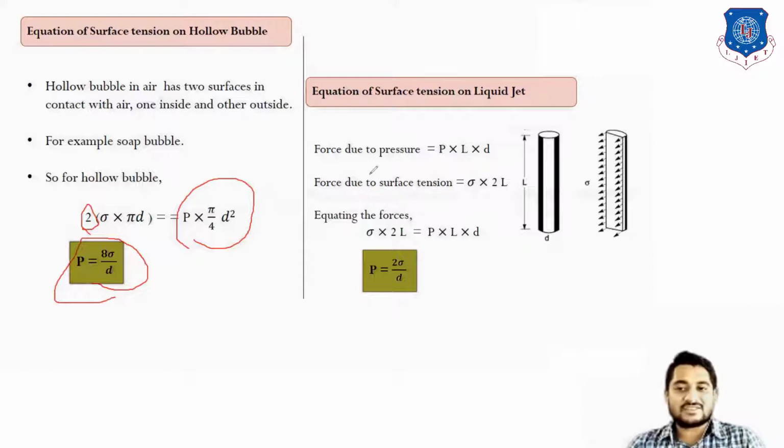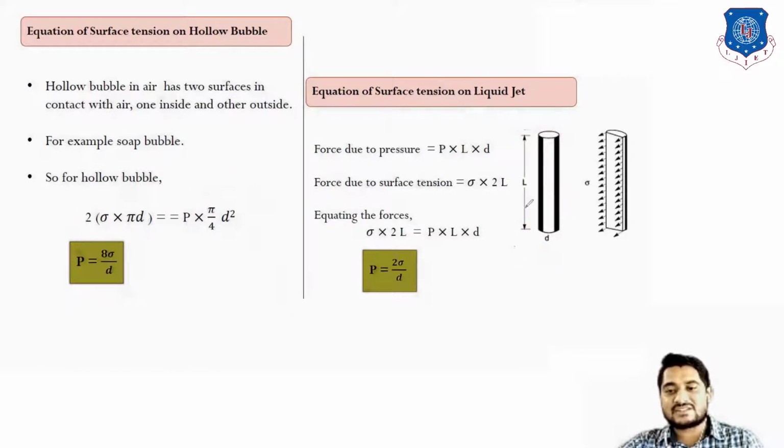I have already mentioned it. See in this sketch, for a liquid jet, the length of the jet is very much larger than the diameter of the jet. Clear? So if we cut this jet vertically, if we take a vertical cross section, then what occurs? This is the rectangular surface at whose circumference surface tension force occurs, and at the cross sectional area pressure force occurs. So we have to balance surface tension and pressure forces.